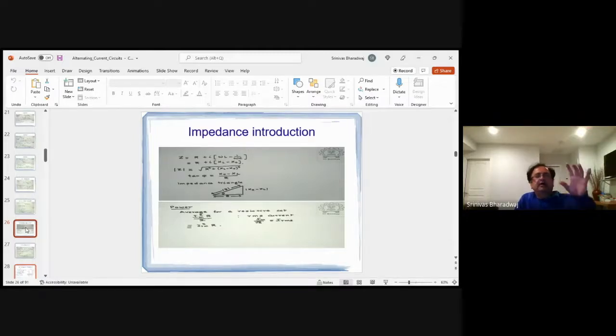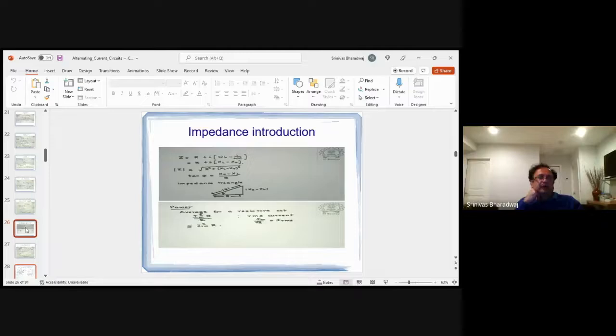So if you had a series L, C, and R, the R is the real part, and the L and C will have purely imaginary parts. So the impedance of an inductor is omega times L, and the impedance of a capacitor is minus 1 by omega C, right? Therefore, you have a real part which is R, and an imaginary part which is XL minus XC, or omega L minus 1 by omega C, right? Therefore, the Z has a